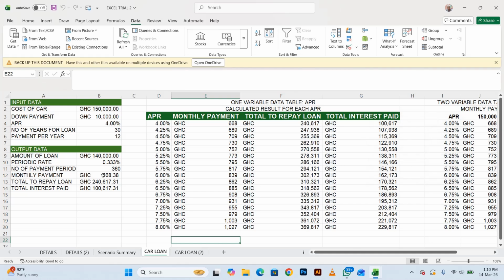If you were not paying the monthly payment like this, it would have been 100,000. But now we are paying 90,000. Okay. What again do you want to check? You want to confirm